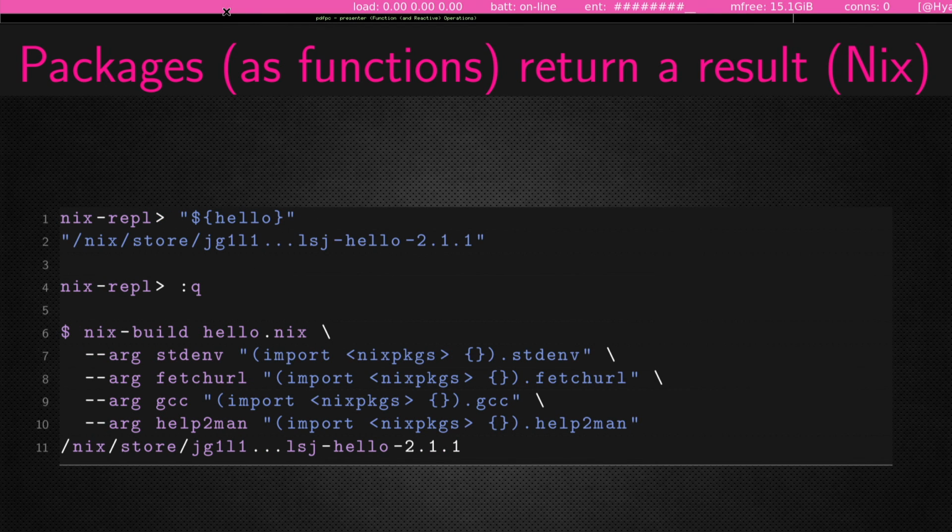Now, we can actually force the evaluation. You can do it a couple of ways, right? So inside of the REPL, we can just interpolate it as a string, and it will return a path, right? So the toString is the path, which is where it's actually installed on the file system. And then the second method that we can do to evaluate this is to use this nix build command, right? OK, so we get back a path, which is the path where all of the binaries or whatever files are packaged inside of that package get laid down.